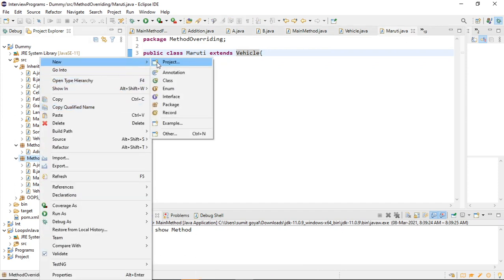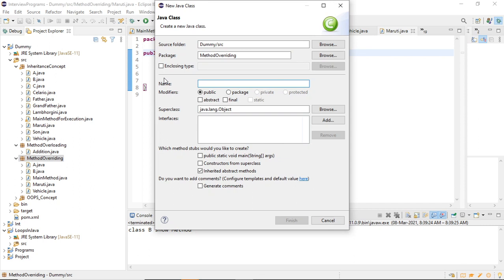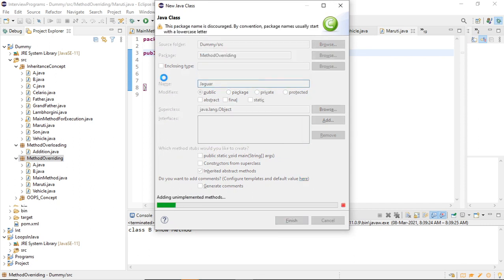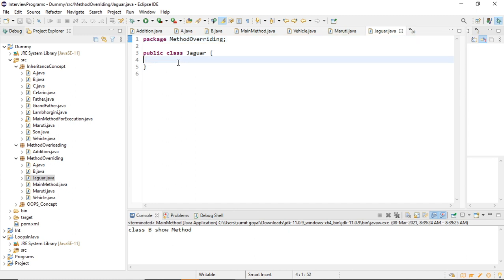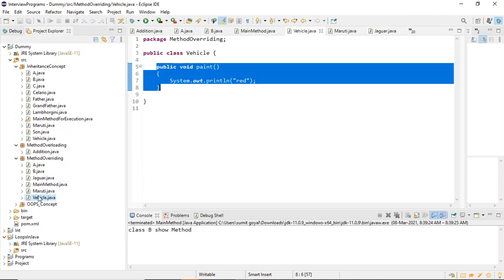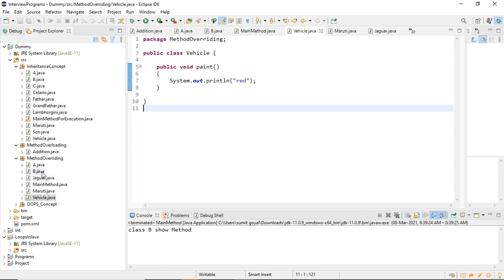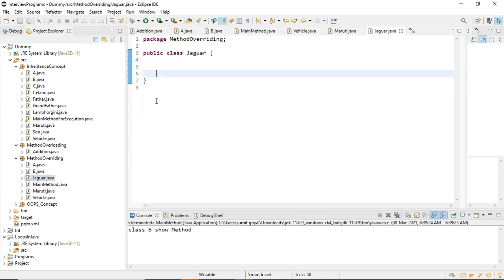And if I take one more class, suppose there is one more car, a Jaguar. This is going to be the parent class, so I extend it, if I say extends, our parent Vehicle class, right?